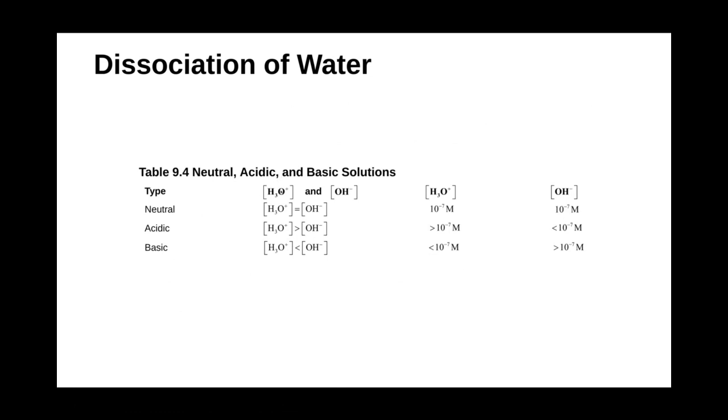Now we have the concentration of hydronium, the conjugate base, and hydroxide, the conjugate acid. When we have a neutral solution, the concentration of hydronium equals the concentration of hydroxide. When we have an acidic solution, like we just looked at for coffee, hydronium is in greater concentration than hydroxide. And when we look at a basic solution, hydronium is in lesser concentration than hydroxide. So just a handy way, right? These are the numbers that go into that, but this is the important conceptual thing to think of. And why is it? Again, conjugate base, conjugate acid. The more of this, the more acid you had dissolved, and thus the more acidic your solution is going to be.